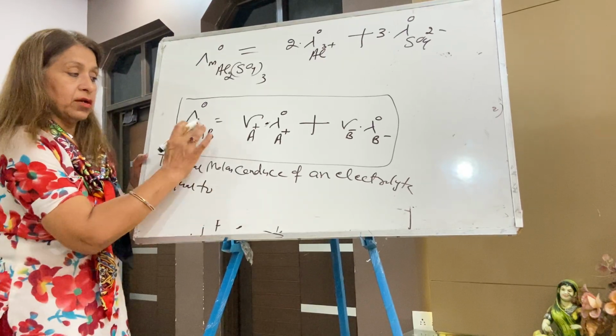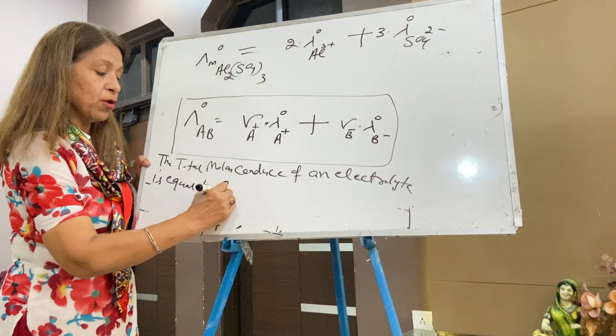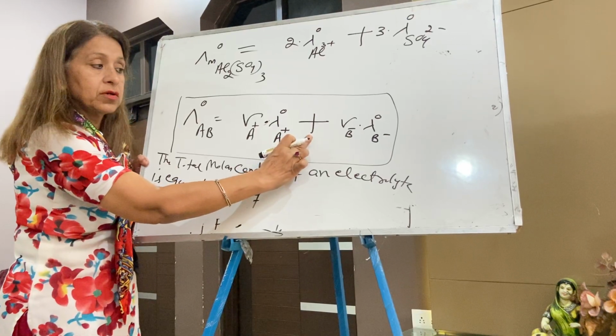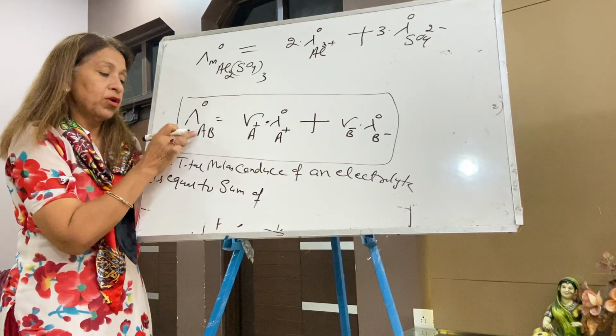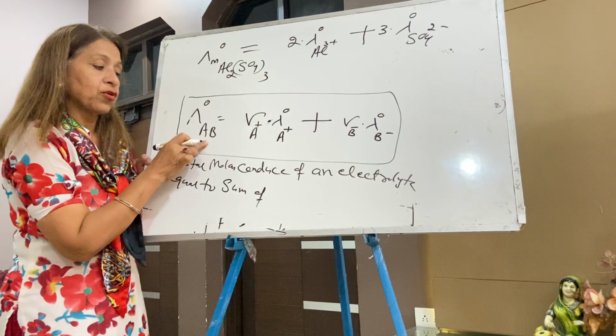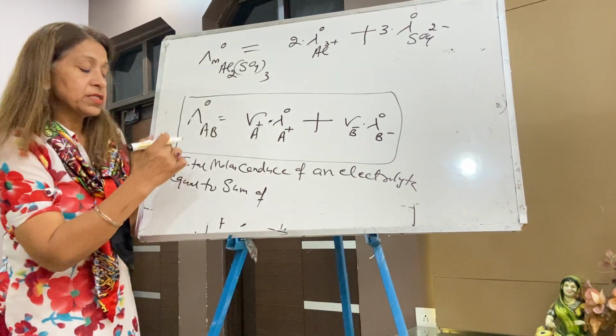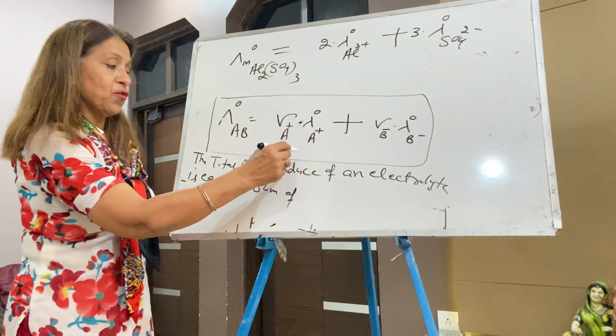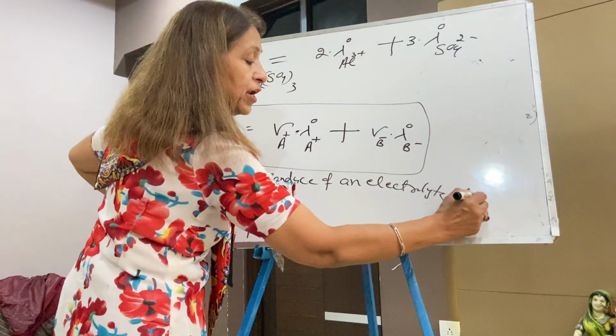The total molar conductance of an electrolyte is equal to the sum of, you can write at infinite dilution, the total molar conductance of an electrolyte at infinite dilution